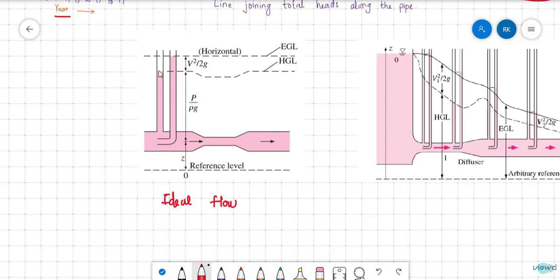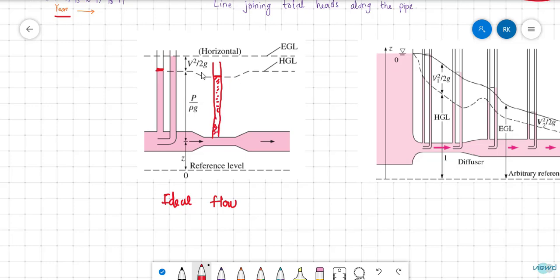So here the piezometer measures the pressure head. Up to here the liquid is raised, so the pressure is up to here, and if I put another piezometer here,